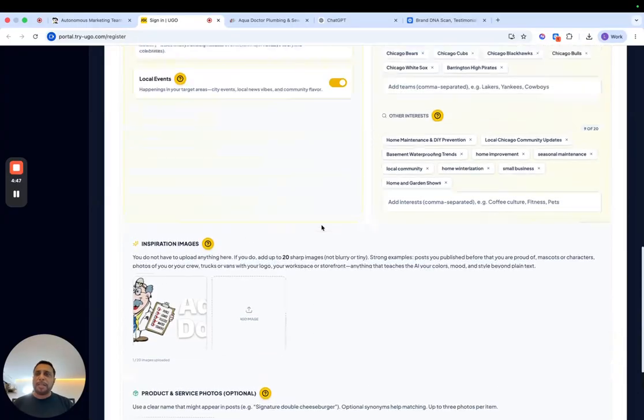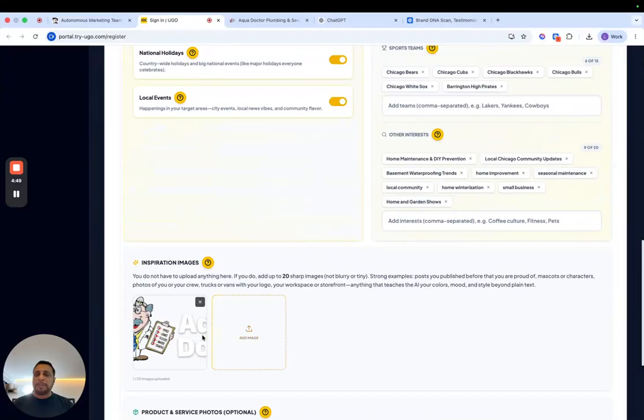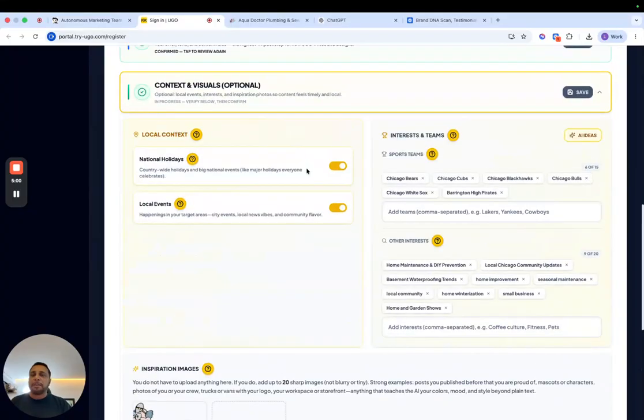So you go down here, inspirational images, you can put in stuff. If you're ever uploading a picture, relabel it. Relabel it as mascot, company truck, Jack, Sam, because you can reference it above, right? Here, national holidays, local events, go ahead and pick them. AI ideas, if you're not sure what teams to add,